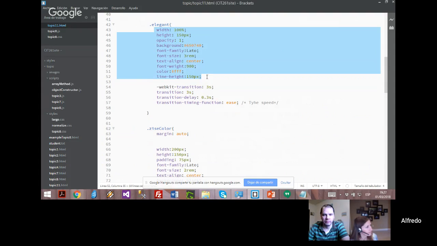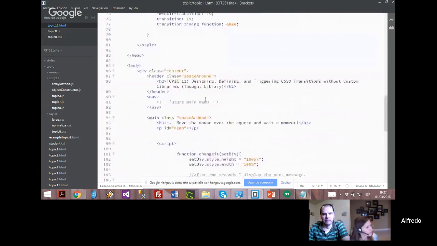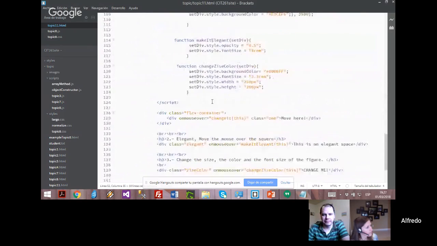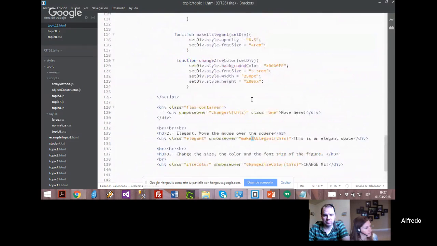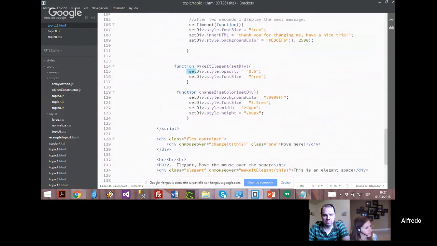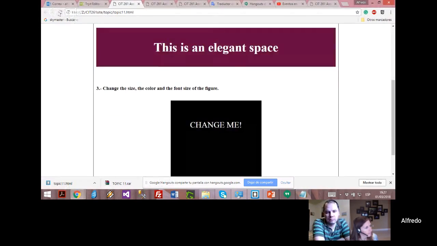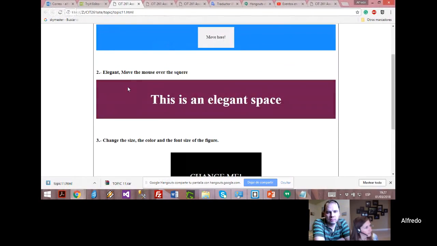values that are these. When I move the mouse over the square, and I call this make this elegant, I only change the opacity of the square and the font size. And this is